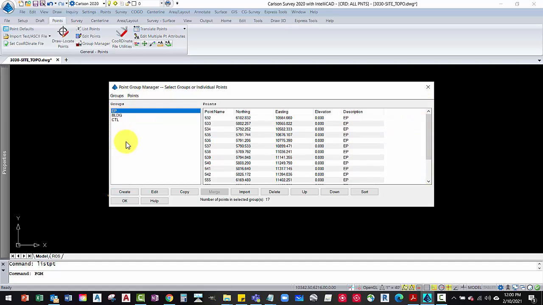Now, obviously, this requires that your data looks correct. All the points, they've all got EPs. So if you've got some different labels that say edge of pavement or edge of oil or AC, they're not going to get picked up in this point group. So as a company, you want to standardize this stuff. So what I always do is I pull in the text file, and instead of pulling it right into Carlson, what I'll do is I'll pull it into an Excel spreadsheet, sort them by column, and then actually get things so it's uniform. Especially if I get my data from another surveyor, they may not be using the same